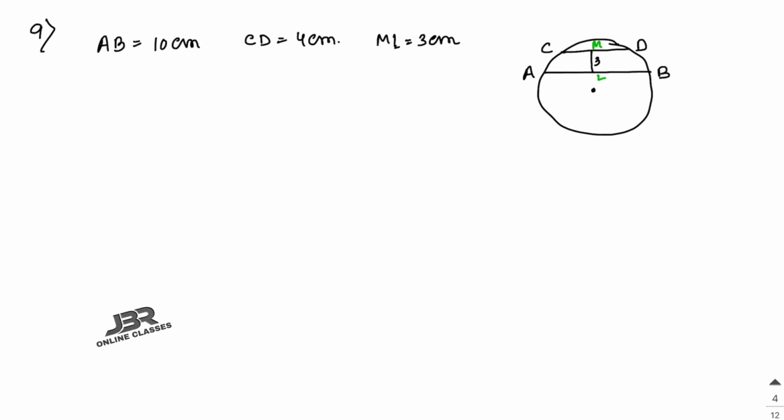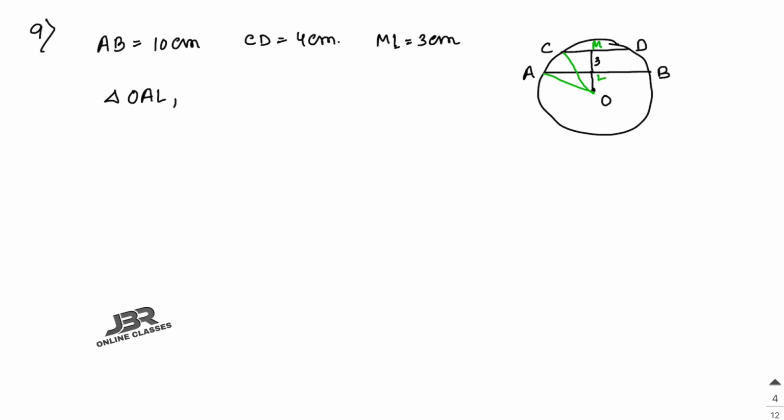So first here join, as here O is the center, so join LO. Clear? So here MO is the perpendicular distance from the center to the chord CD, and OL is the other perpendicular distance from the center to the chord AB. Clear? Now here you have to join OC, and next you have to join AO or OA. So here from the triangle OAL, it's a right-angled triangle OAL.